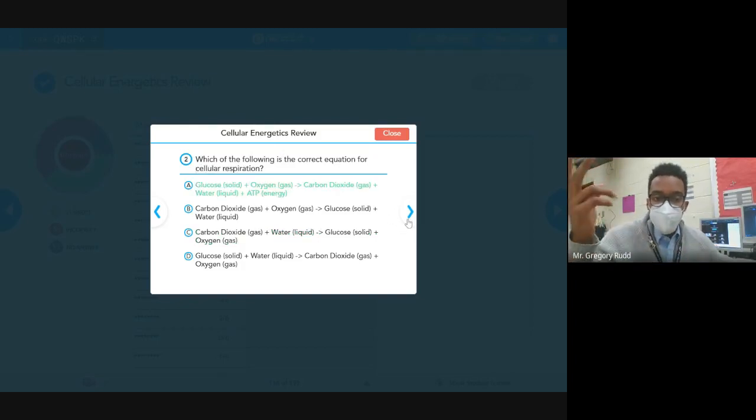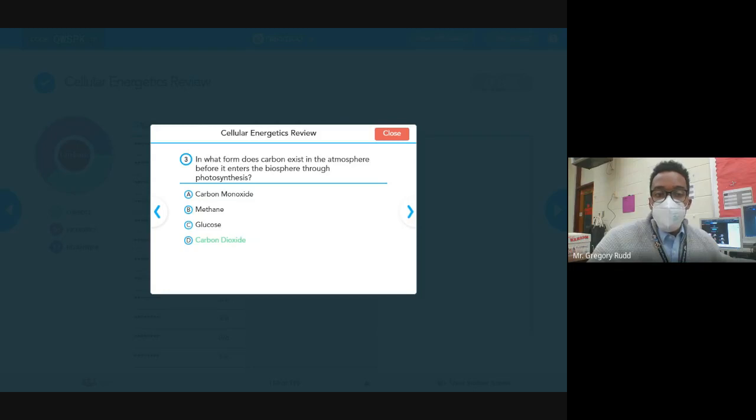Again, the opposite of that is cellular respiration. But this time, we're also creating something called ATP, which is energy that our cells can use. So we take glucose, and not just us, but all living organisms take glucose. They take oxygen gas that they get from the atmosphere. They produce carbon dioxide. They also produce water in the process, but their main objective is to make ATP, to make cellular energy.